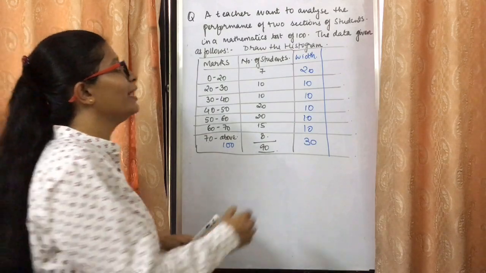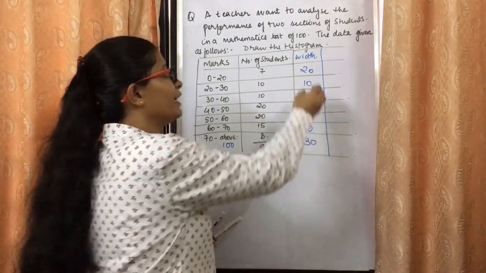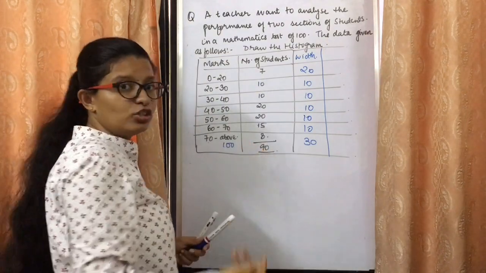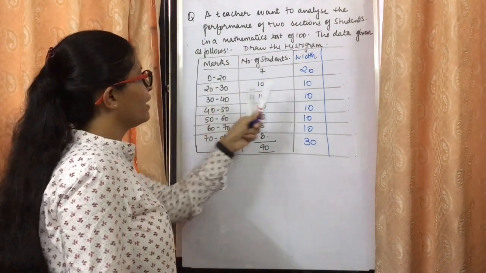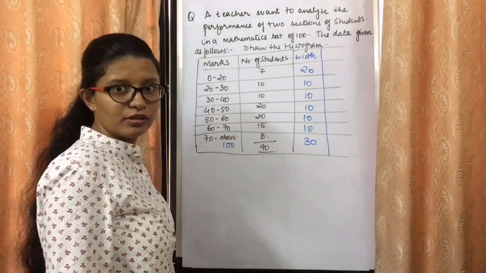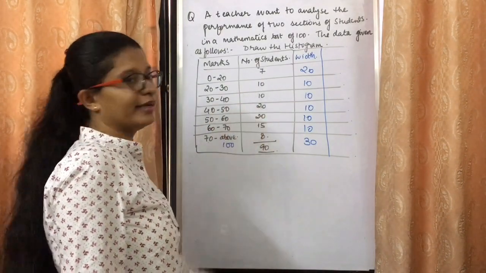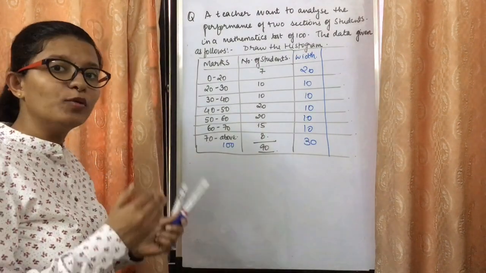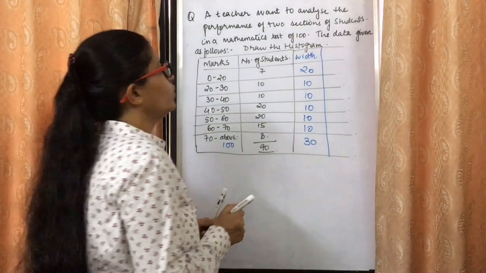So how will you compare it by using a histogram? अगर आपकी class width ही constant नहीं है तो वो frequency तो गलत हो जाएगी. Because you can't compare कि 10 की width के साथ you cannot compare with 20 की width. यहाँ पे 7 आ रहा है, यहाँ पे 10 आ रहा है, I don't know. So in that case, what we do is we manipulate the frequency. How do we do that? Let's see.